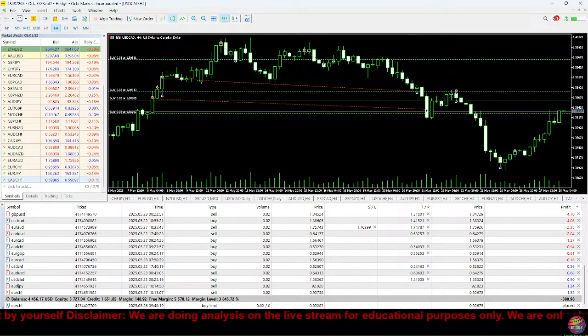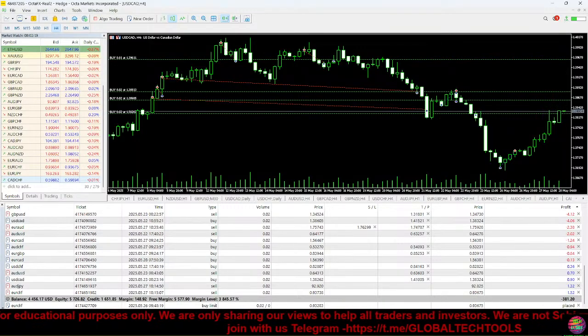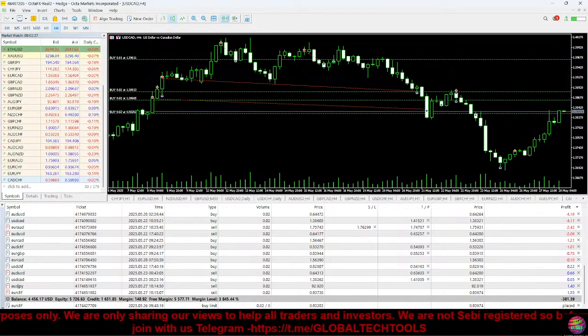There are so many different types of opportunity because there is so much more money being moved than the stock market, than the futures market, than even the crypto market. There is $6.6 trillion being moved every single day because this is a market of the whole entire world, of all the currencies in the world combined in one single market. Compared to the New York Stock Exchange or US 30, you're only dealing with the companies inside of the United States, which can only be so big. So that is pretty much a very entry level of what Forex is.